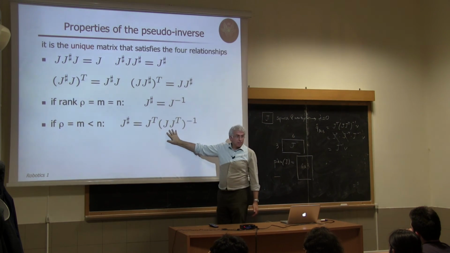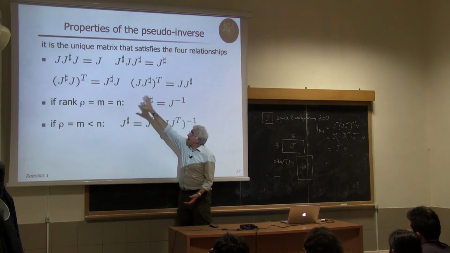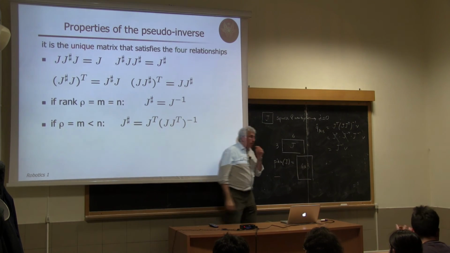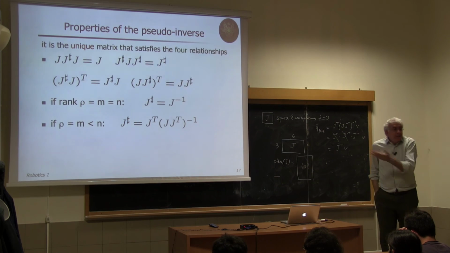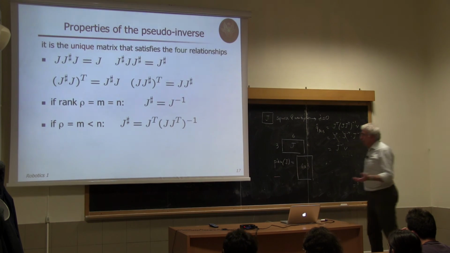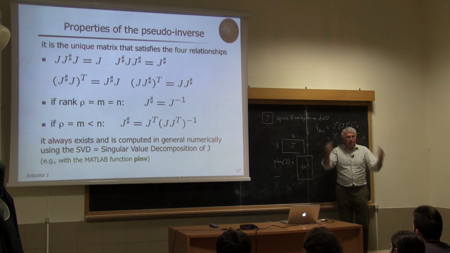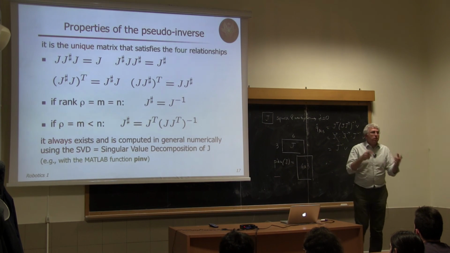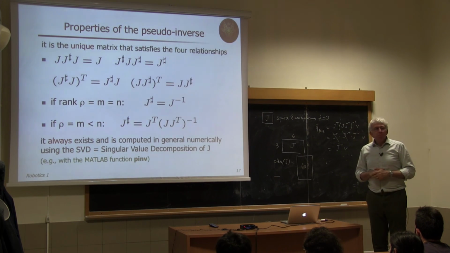Again, why does it have this form? I don't care. I just take this, I verify that it satisfies the 4 defining identities, and then, since the pseudo-inverse is unique, I say this is the pseudo-inverse. As simple as that. Otherwise, more in general, the pinv instruction of MATLAB internally calls the singular value decomposition of the matrix, does some elaboration, and then provides numerically the output